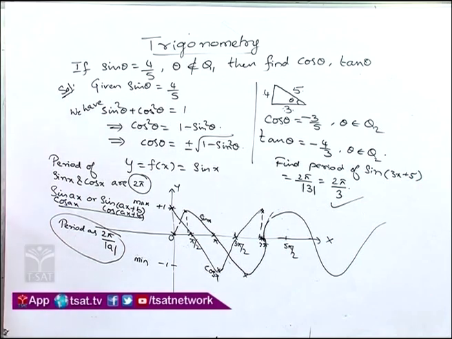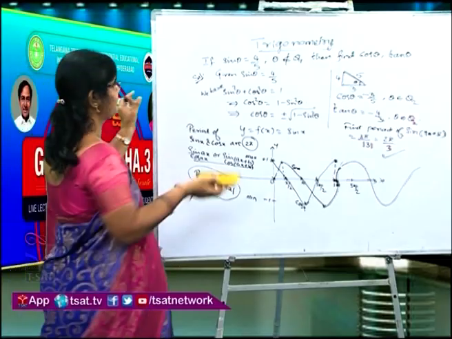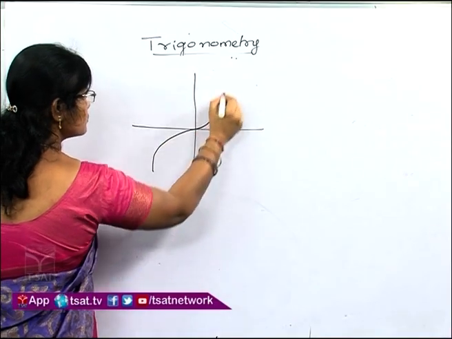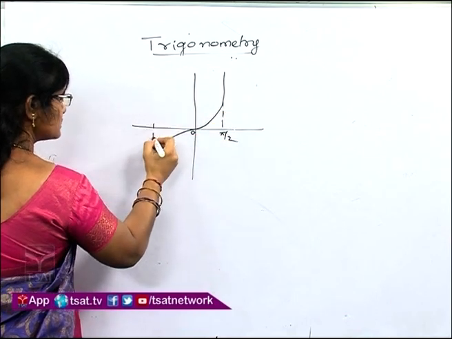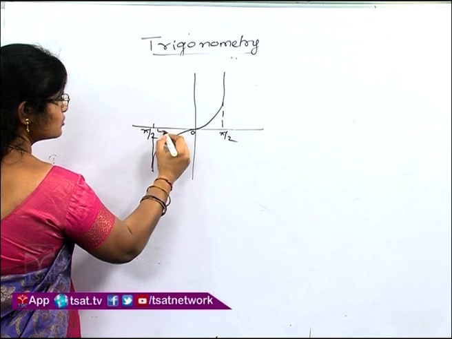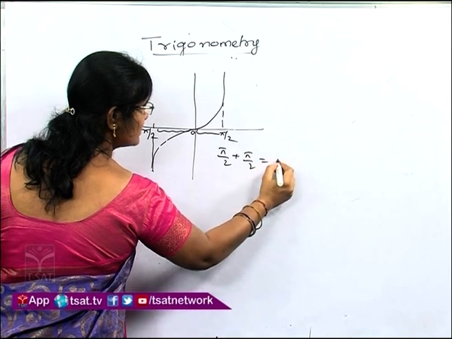Okay. Now, we will discuss tan. If you see the graph, children, of tan. Did you get sin and cos, students? Yes. Now, we will see tan. For tan, if we draw, the graph will be like this, children. Here it is pi by 2, here 0 and this is minus pi by 2, children. If you take one curve, this is pi by 2, here also pi by 2. So, pi by 2 plus pi by 2 is nothing but pi.